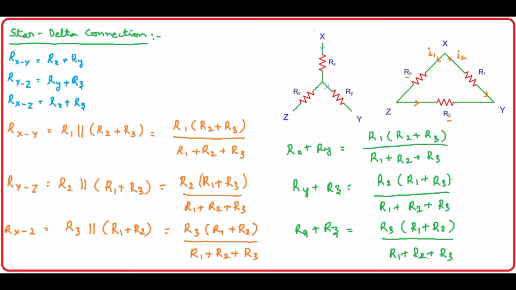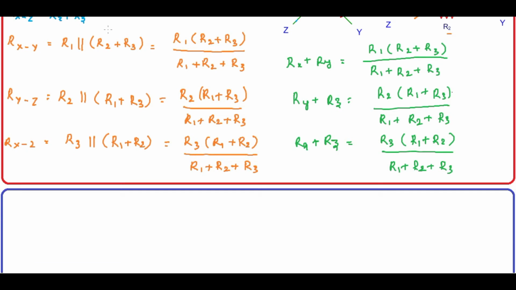Now our job is very easy. We have three equations, green colored equations. We need to find Rx, Ry and Rz in terms of R1, R2 and R3. Very simple, so let's do it on the next page. Let me give some numbers for these. This is equation 1, this is equation 2 and this is equation 3.